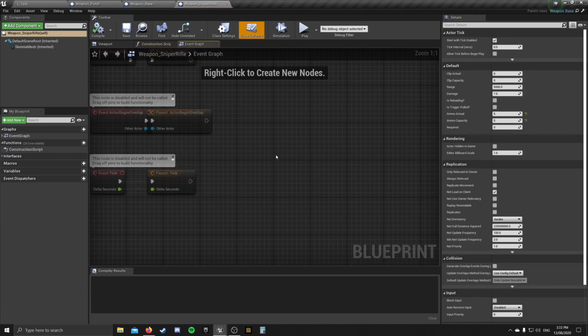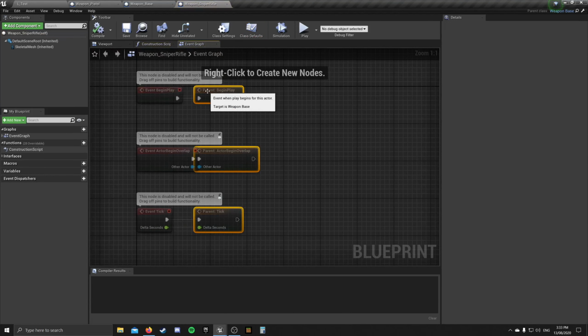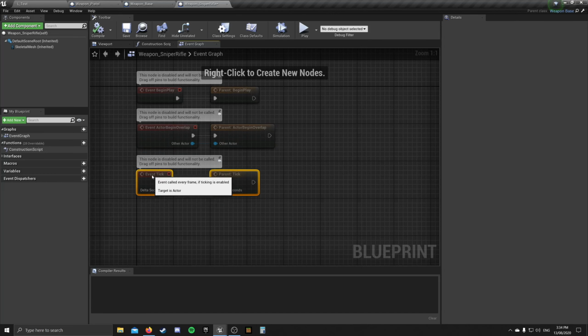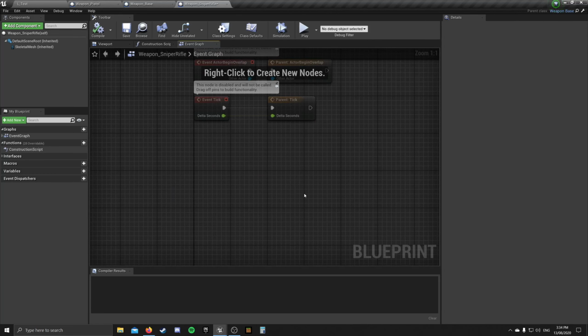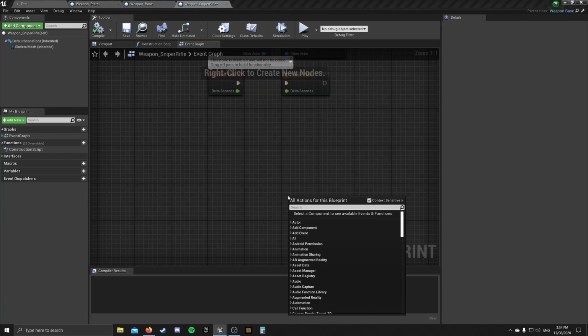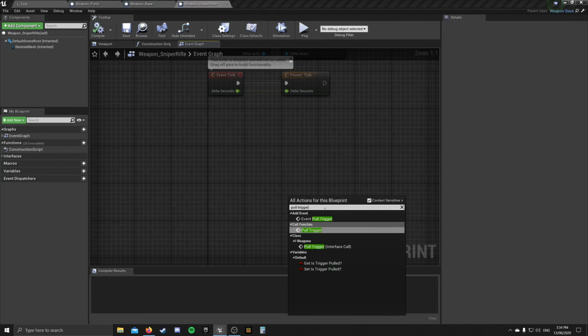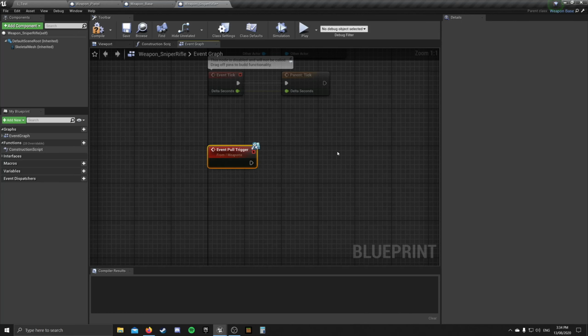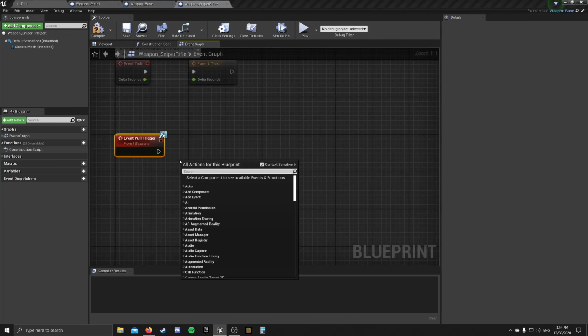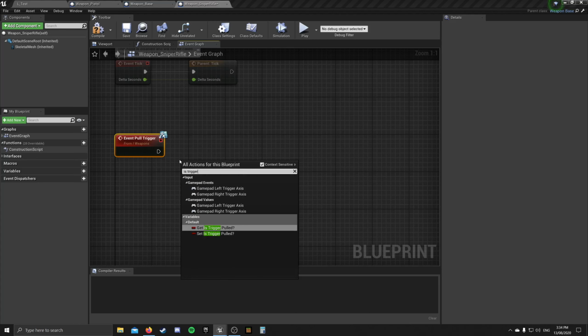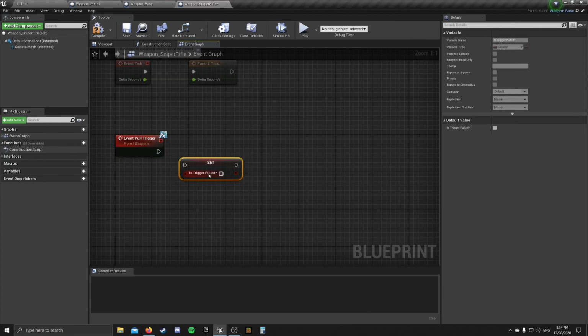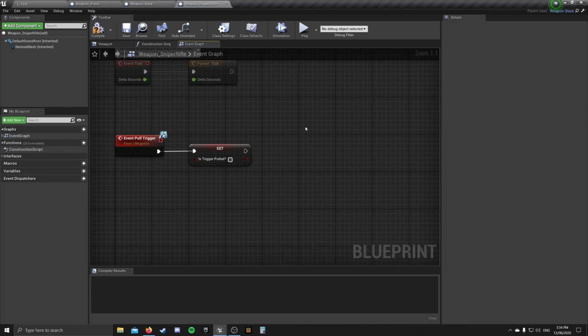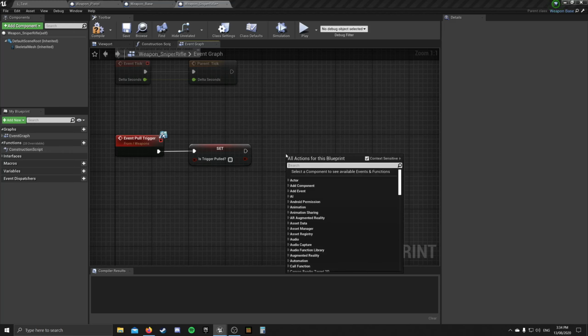Again, opening up in full blueprint editor. I'll just move these over because I don't like the overlap. Again, just leaving them there just in case we need them in the future. Let's right click in the sniper rifle and get pull trigger, the event pull trigger. And now we will get is trigger pulled, another instance of this variable. And we don't have to create these variables for each and every single weapon because we created it in our base weapon. And then once again, we'll get fire weapon